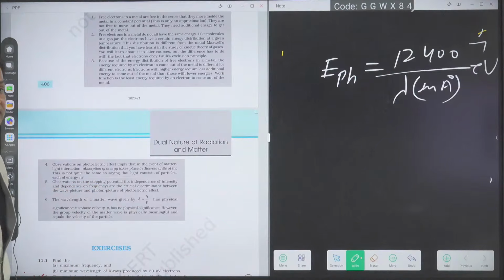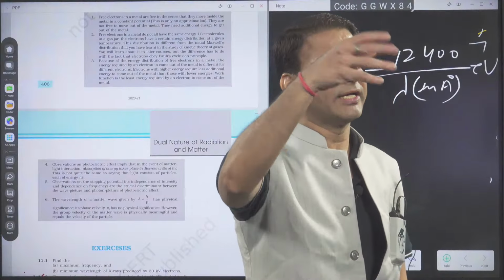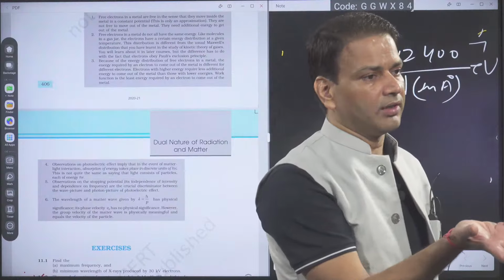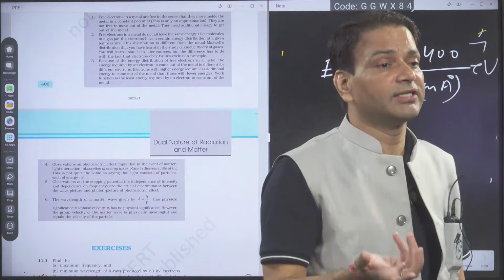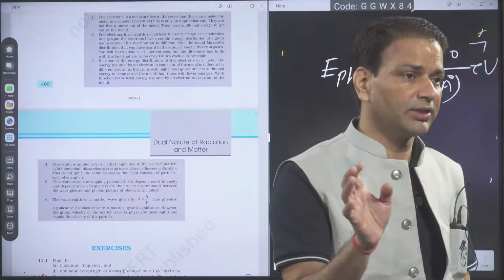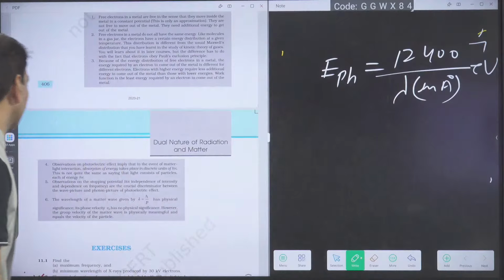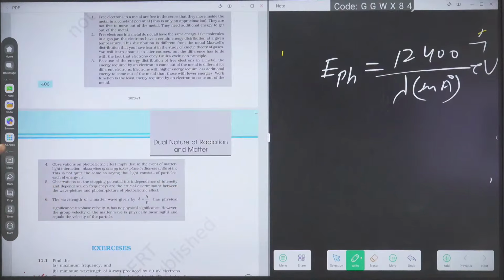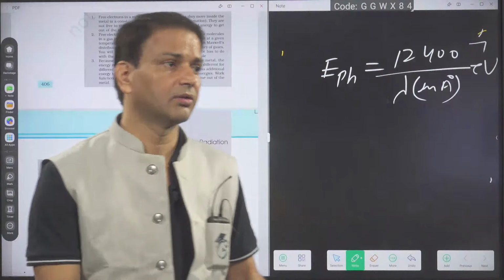Stopping potential. It doesn't depend upon the intensity. If it depended upon the intensity, then whatever light energy we take, ejection would take place, and accordingly stopping potential would depend upon how long the light exposure takes place. But here what is happening? Stopping potential doesn't depend upon that. Stopping potential directly depends upon the energy of the photon. So that's why it is given here: observation on the stopping potential, its independence of intensity, but its dependence on the frequency, are the crucial discriminator between the wave picture and the photon picture. Okay.